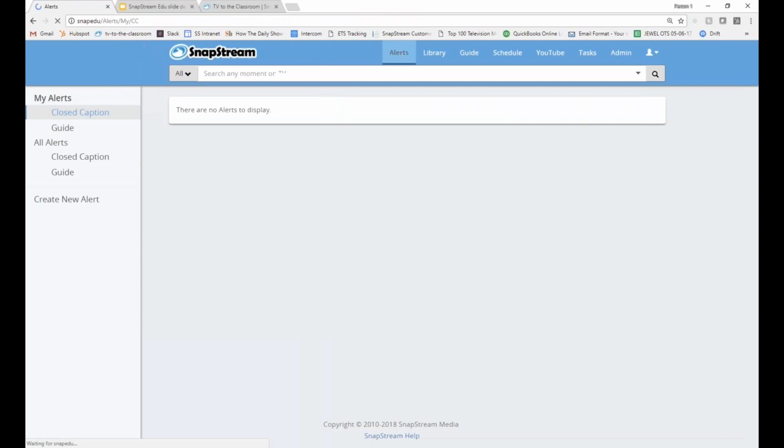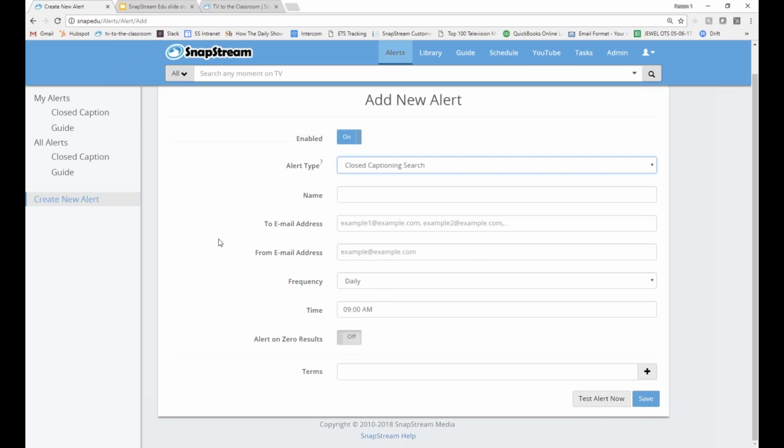Same thing goes for, I can extend out that search process in an automated manner. So I can make alerts set up for either individual use or across the entire district, what have you. I can create any number of terms using a sophisticated set of Boolean terminology that allows me to get the granular results that I'm looking for.